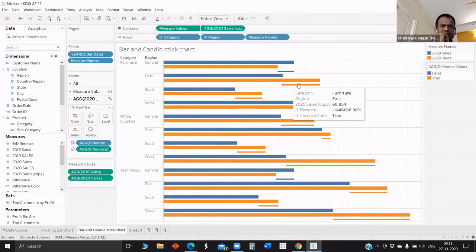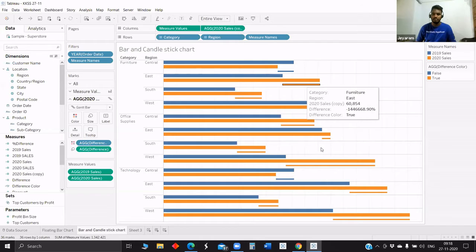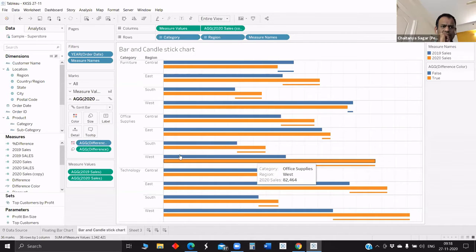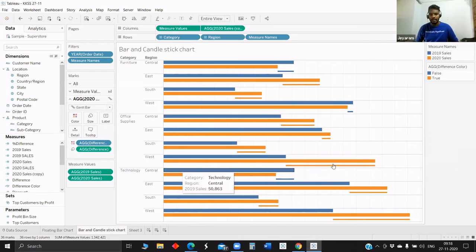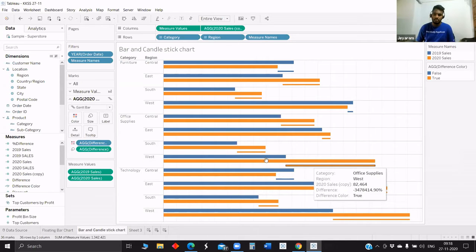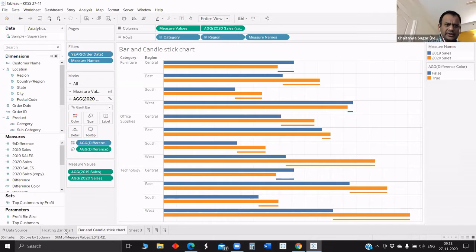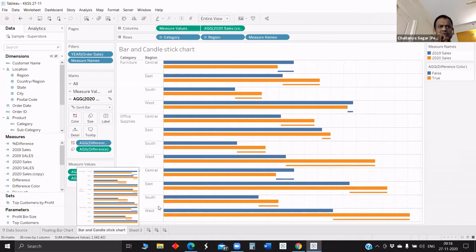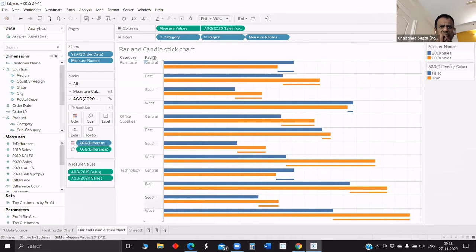Length is different, and where are we placing that? The length for each bar, we are always placing below both the bars. Yeah, below both the bars, for a particular category and region. Okay, got it. And this is furniture region. Okay, so that's what you did. Guys, any other questions in terms of what we are supposed to achieve in the viz? Okay, all right. Jairam, please go ahead.